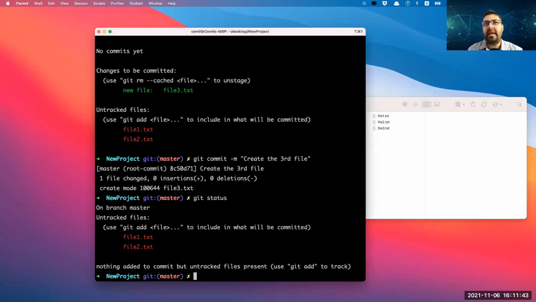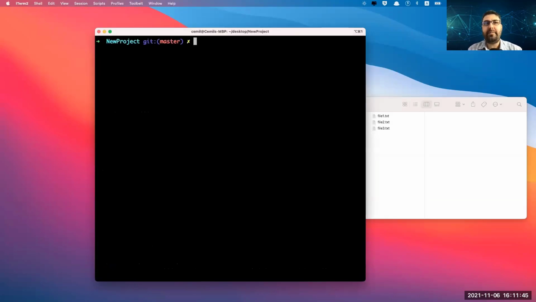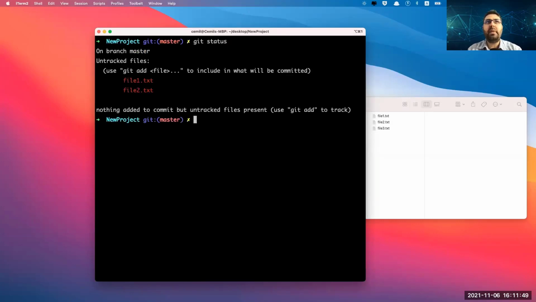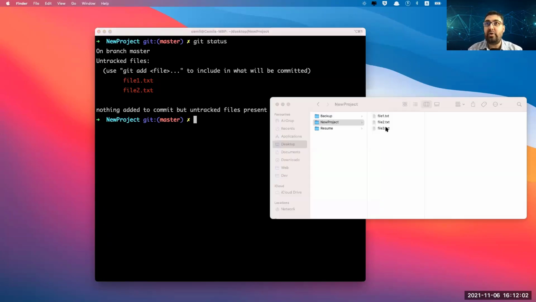Look what will happen. Now, clear everything. So we just check status. Only 2 files there. File3 is not there. Actually, it is there, but it's already committed. Nothing new. As soon as you make changes on file3, let's open it.